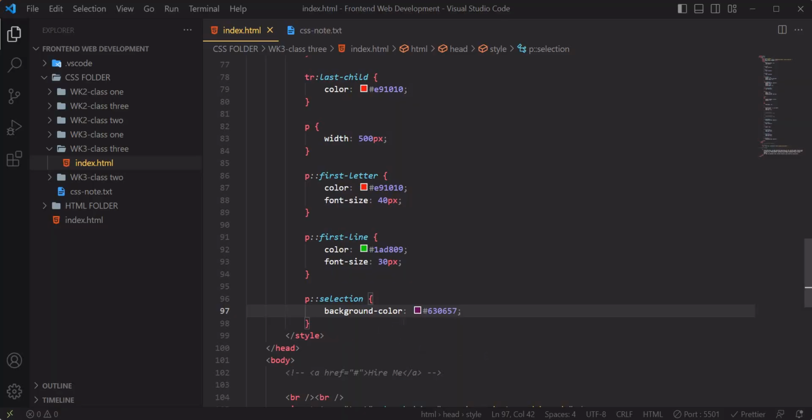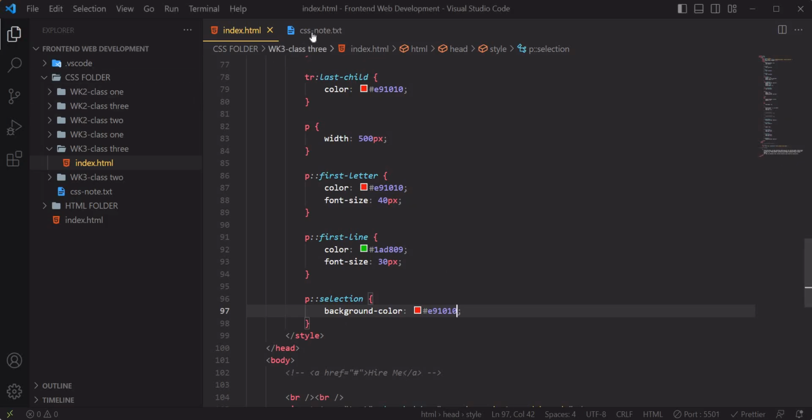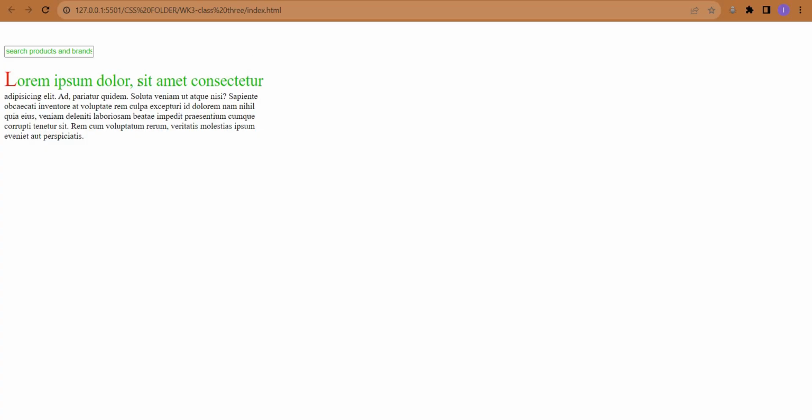the pseudo class. So let me just bring it back to the normal, the first one. So then we also have the before and after. So in this case here, it says that it is used to style a specified part of an element. It can be used to style the first letter, the first line of an element, and it can also be used to insert content before or after the content of an element. So let's say, for example, we want to insert